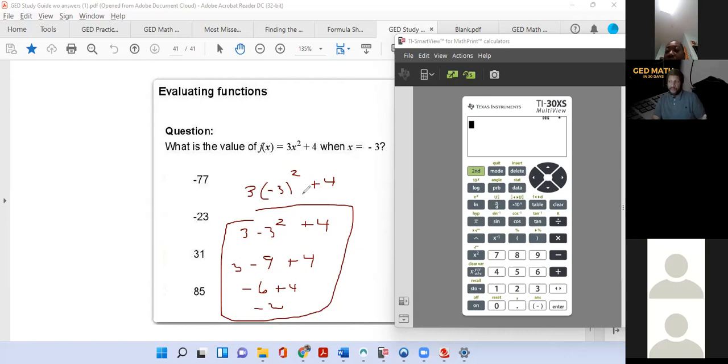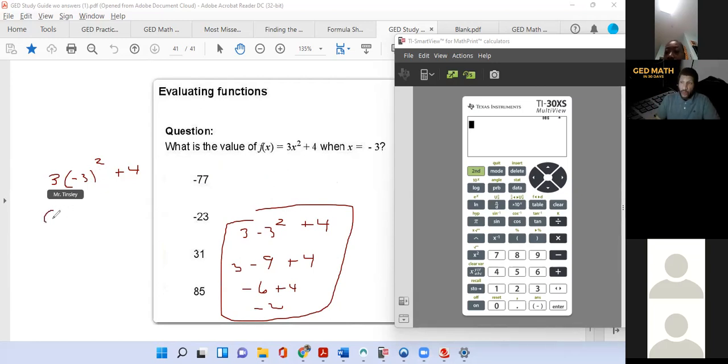Okay. This top version, let me move that over so we can see the difference. And it's a big difference. And this is why what you will see on the GED exam, most of the time when they ask you to evaluate an algebraic expression, they have a negative number for you to use. Okay, so what you want to do here is, again,